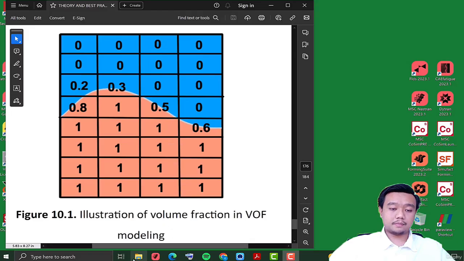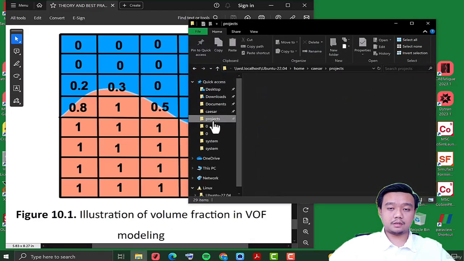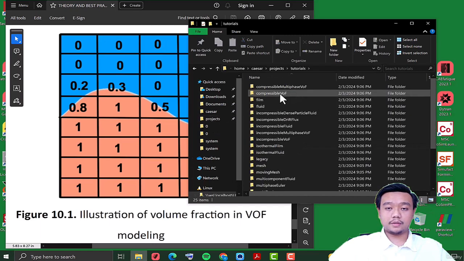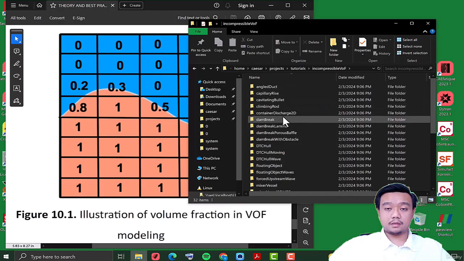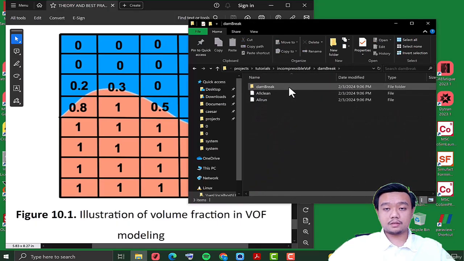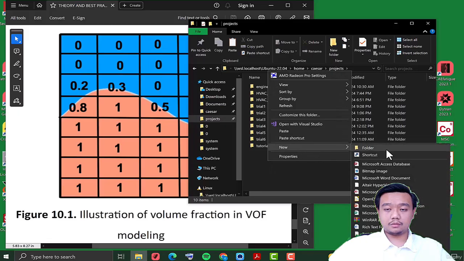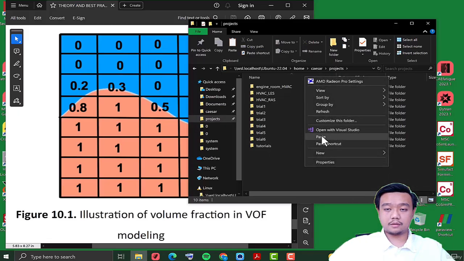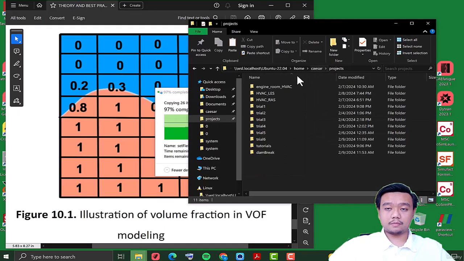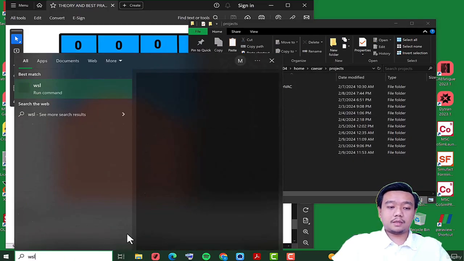So in this part, I would like to copy and paste the tutorial folder, which is the incompressible VOF from the dam break model. So you can just copy and paste this, and let's say we want to make a new one, or maybe just paste it here within your project folder. Then let's check what is inside this